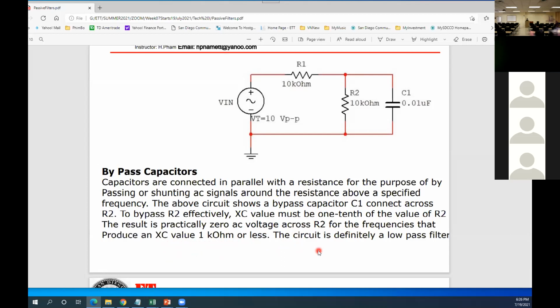The circuit is definitely a low pass filter. So make sure they can be bypassed, guaranteeing 100% bypass. Then they're telling you the value must be 1/10 of the value of R2. So for this circuitry, you think it's supposed to be